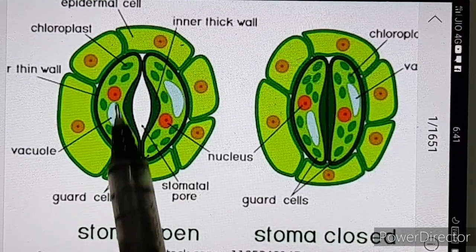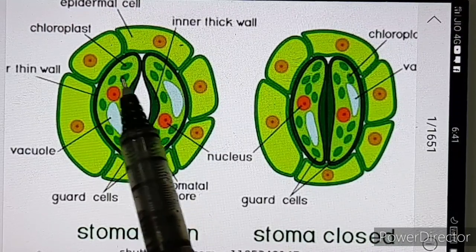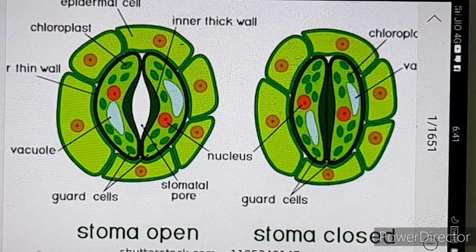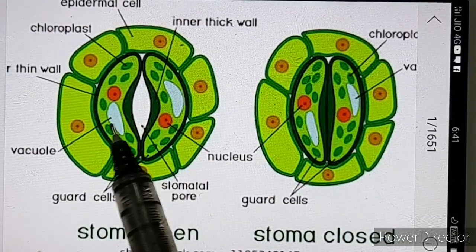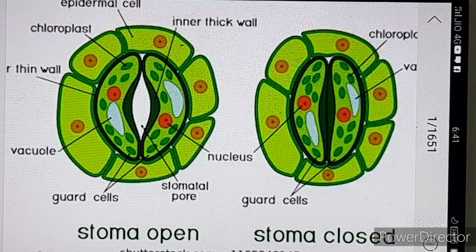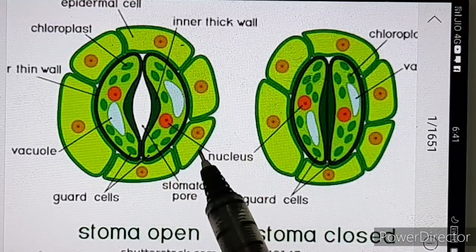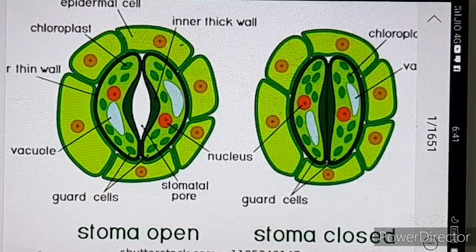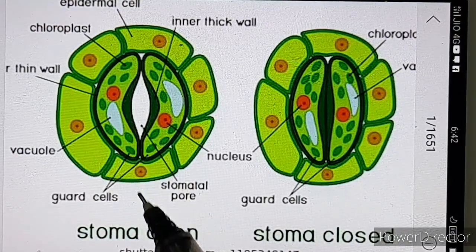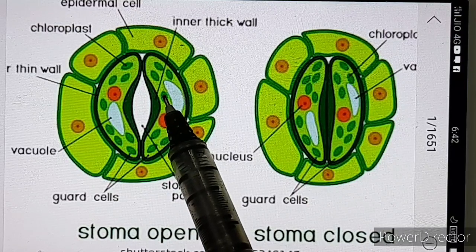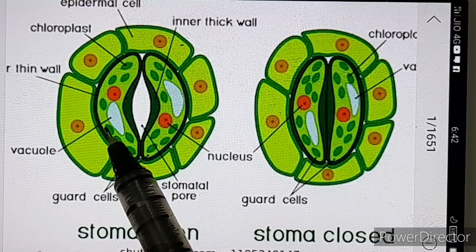Photosynthesis produces sugar in the guard cells. These are the guard cells where there are chloroplasts which are abundant in number, and they photosynthesize. While they are photosynthesizing, they are producing sugar which makes the cell sap concentrated. That is, it becomes hypertonic in comparison to the adjacent cells. These are the adjacent cells, which are also called subsidiary cells. As a result, the guard cells absorb water by endosmosis. The concentration is high over here, and therefore water is absorbed, and this process is called endosmosis.